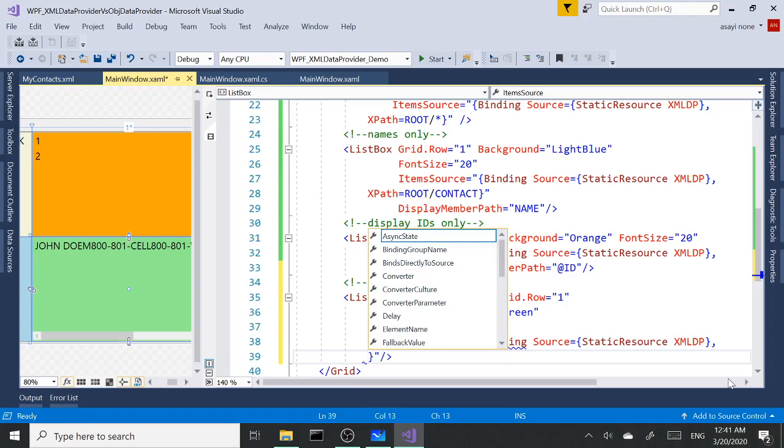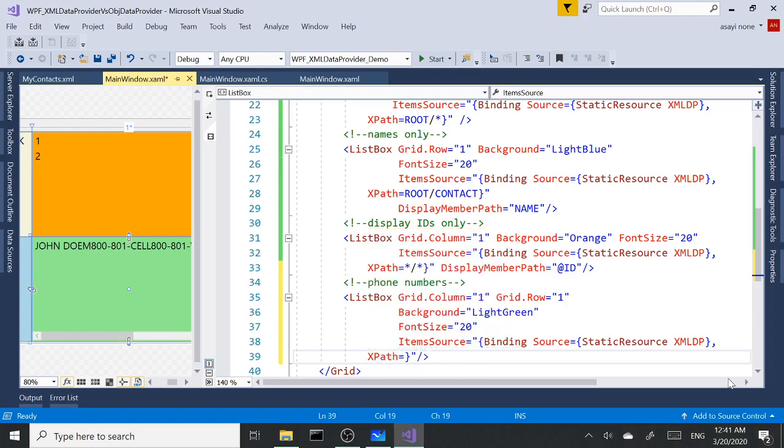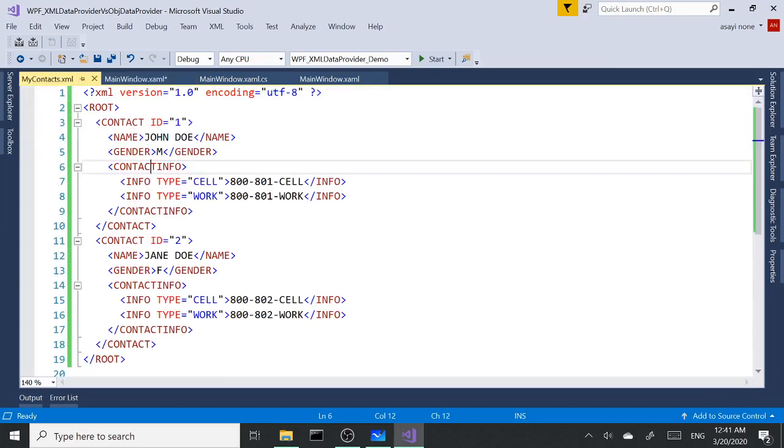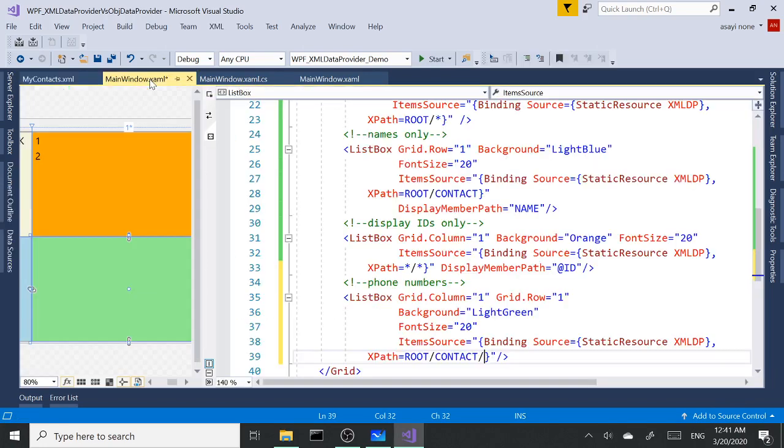Oopsie. XPath root, going to go from there, it's going to grab the contact, and then after contact we have the contact info, so we need the children of contact info. So contact info slash. We got it,